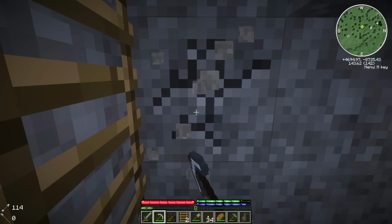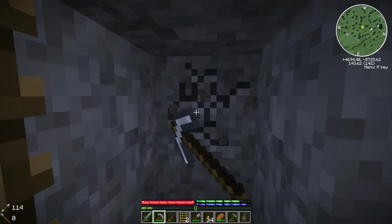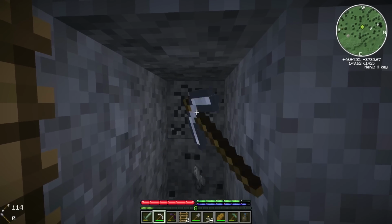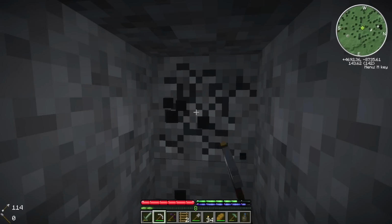And there's no pistons either, which would be so good if we could have pistons. There'd be so many more things that you could do. But yeah, hopefully we can find some cinnabar. I've already got some back at the base, so I can show you how it works, but I just wanted to